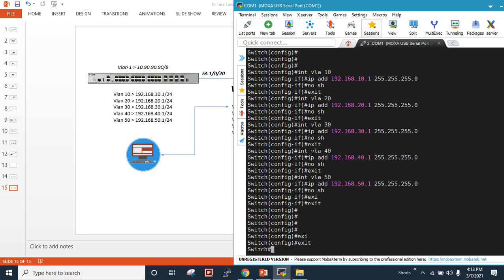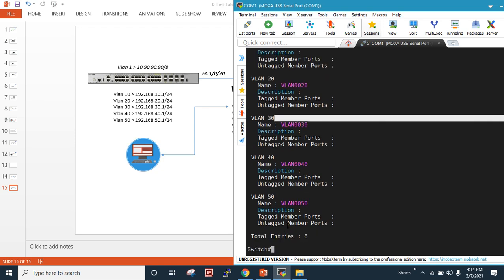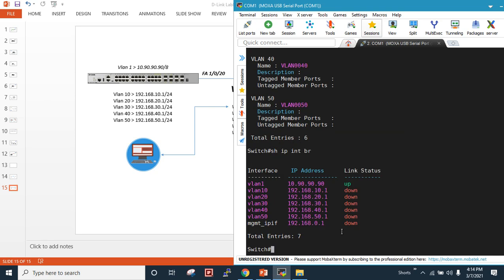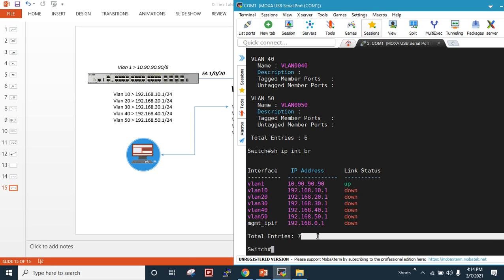So show VLAN. As you can see, I have VLAN 10, 20, 30, 40 and 50. Okay, and show IP interface brief. As you can see, I have 5 VLANs 10, 20, 30, 40 and 50. Okay, now